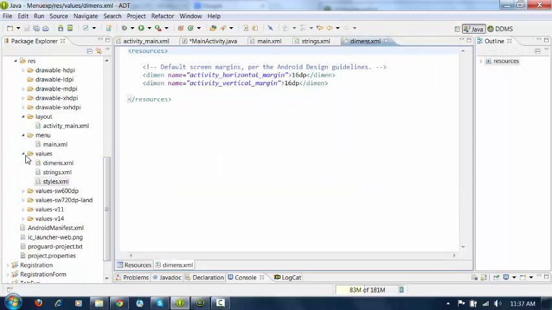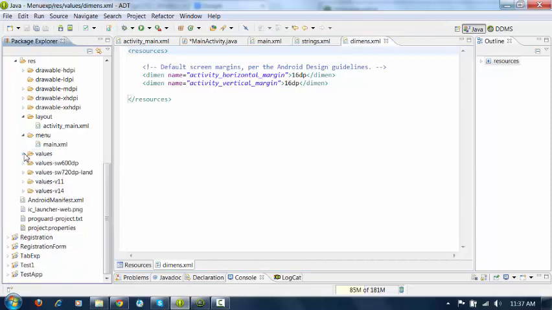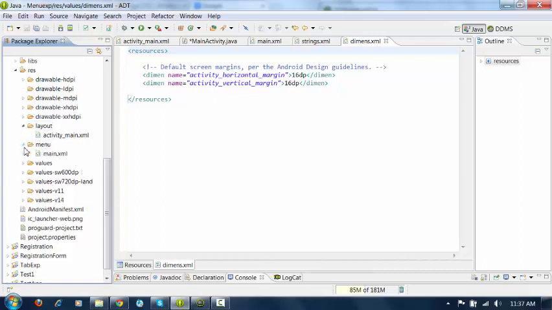That is about your values folder. I haven't explained this when I explained the activity lifecycle, and also menu, why we use the menu. So this is about your menu folder and values folder.